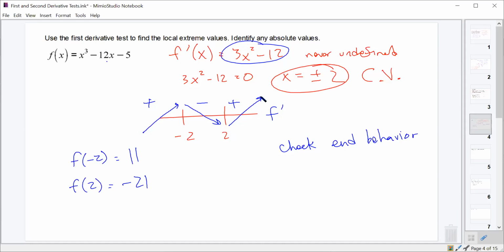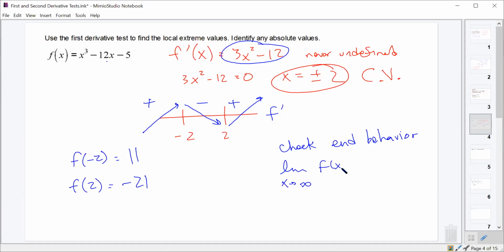If this increases forever towards infinity, then it's certainly going to go above this local max. And if this is decreasing to the left forever towards negative infinity, it's certainly going to eventually go below negative 21. So we're going to see if perhaps this doesn't increase towards infinity, maybe it increases towards an asymptote or something. So we have to check the end behavior by looking at the limit as x approaches infinity